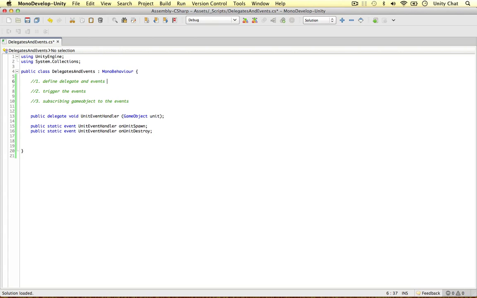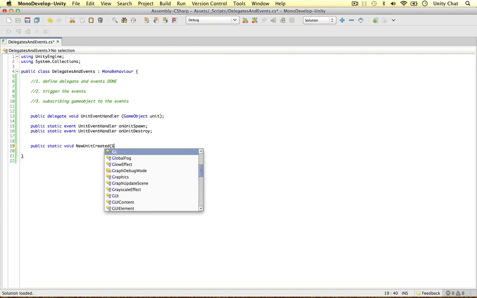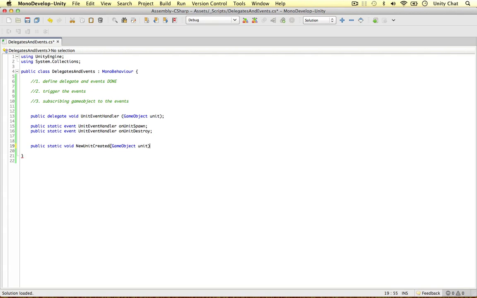We've done that. Done. The second thing is to trigger the event somehow, and we need to trigger this method within this script, the same script we've defined the delegate and the events in. And to do that, we can just create another method. So public static, not going to return anything. We can say new unit created, for example. Doesn't have to be the same name as the event itself. Very important thing there. Of course, we need to give it the game object as a parameter,